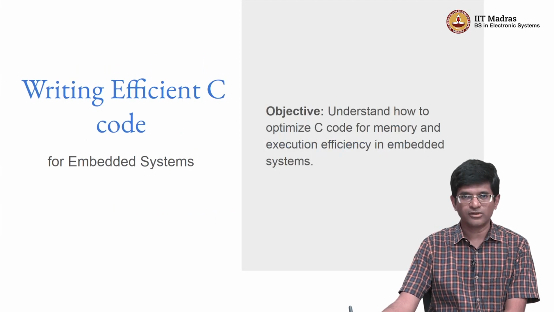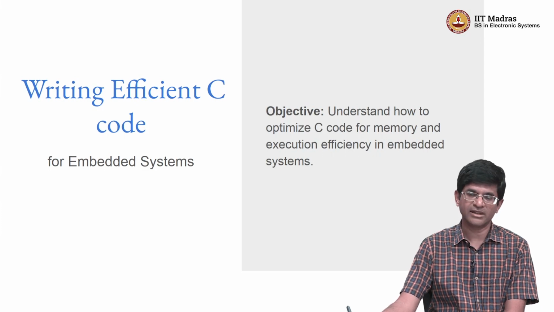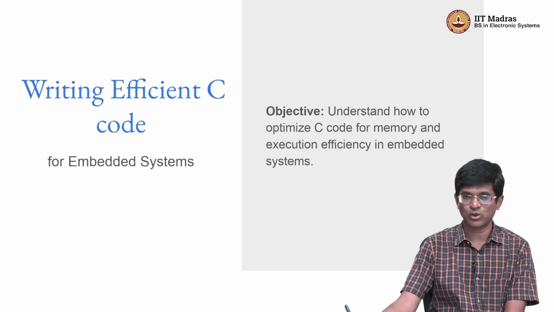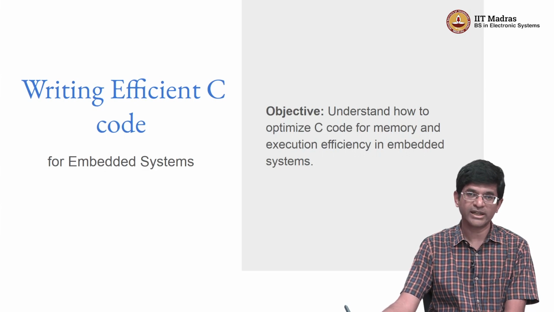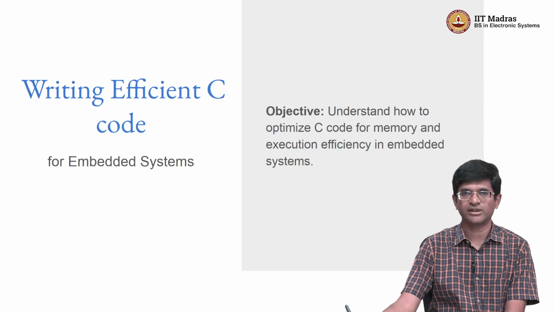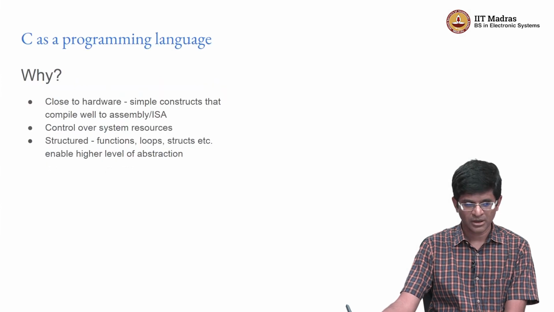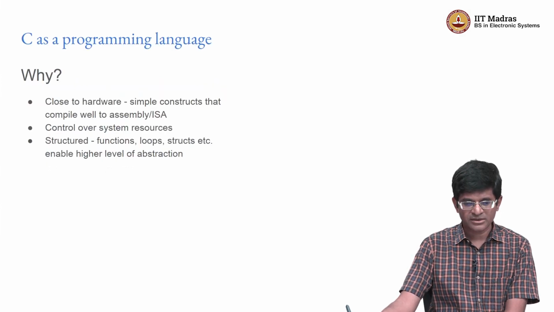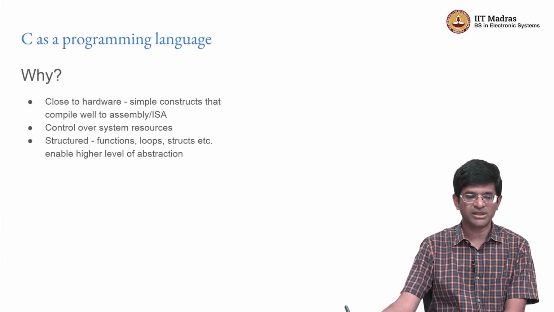So we are going to start off with the concept of writing efficient C code for embedded systems, right? And in particular, there are a few things that we need to understand over here. We'll be starting with a recap of what C programming actually is, then look at the topic of efficiency in a little bit more detail and what it means to actually design systems that are efficient in the context of embedded systems. Okay, so first things first, we have already sort of discussed this briefly, but C as a programming